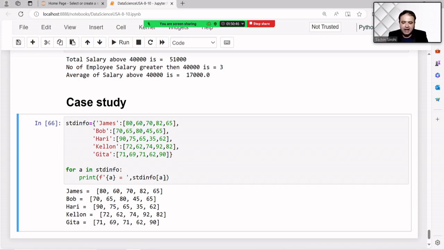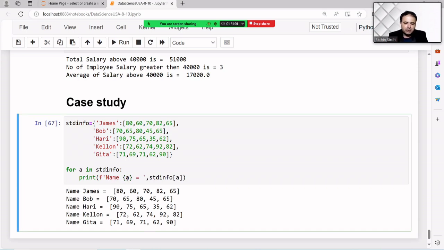F is just an F string. Whenever we want to embed multiple outputs simultaneously, we can take the help of this one. Not in all cases is it needed. We can simply print, but when we want to write a formatted output, like name is, we can give the curly braces, and inside the curly braces, we can give any name.